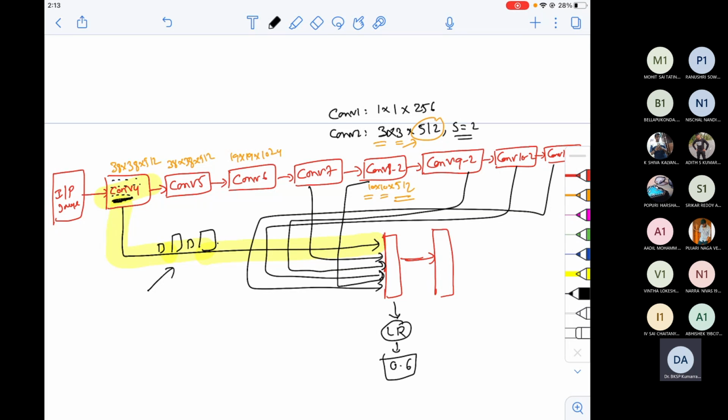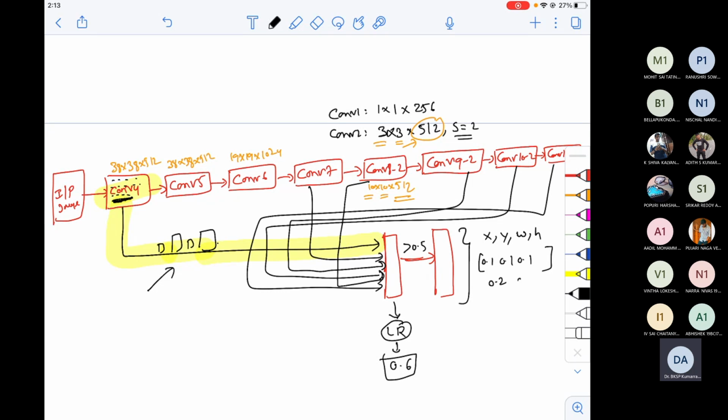If this objectness score is greater than some threshold, maybe 0.5, then I'm predicting multiple values: the right coordinates of that box, x, y, w, h, and I'm also trying to find out the class name or the object name that is present in that proposed box. Assume that there are only 5 objects in the entire data set, then the probability will be something like this for a particular example.